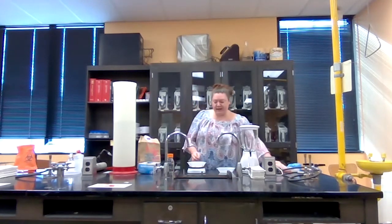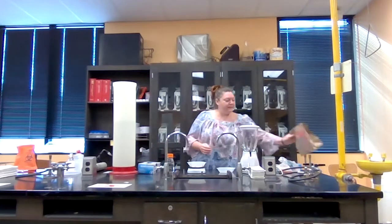Put the taco aside along with the bag. All right, so now what we need to do is get the bacteria out of here, if it's in there, and make sure that we have a nice representative sample. So that means we're going to grind it to a pulp